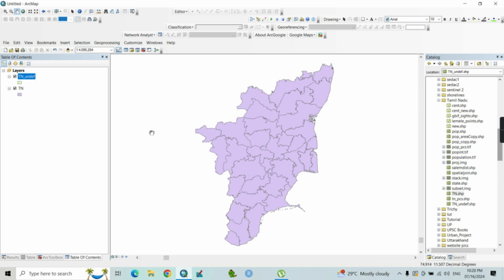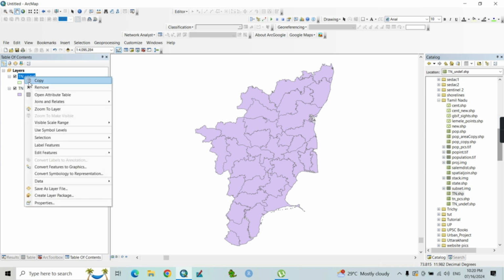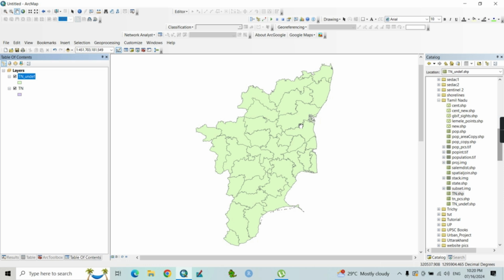As you can see, it has been added to my map canvas, but it is still not shown in my map canvas because it is falling somewhere else. You can see that by going to the zoom to layer of this particular shapefile. It is falling somewhere else, which is also quite obvious from the coordinate pair out here as well. So this one is the shapefile that has got to be georeferenced to match our shapefile that has already been